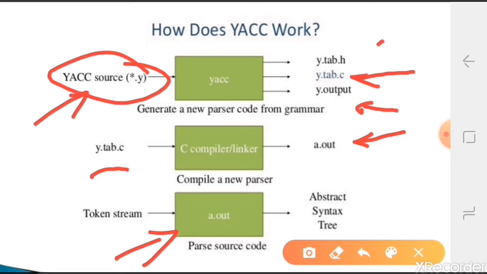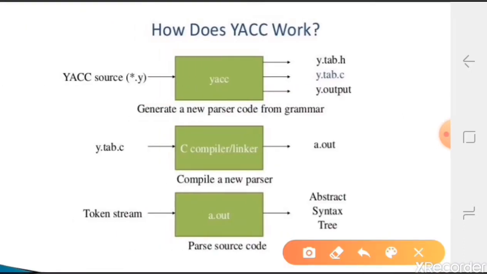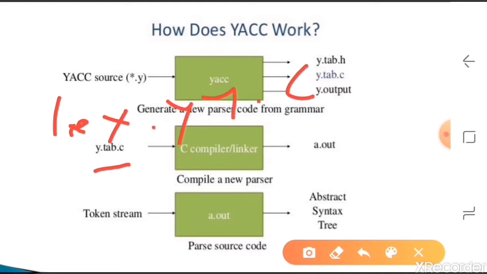So if only one yacc program is there, we can do it this way. If we have lex and yacc together, then we have to combine them. Along with this C file, we have to combine one more C file, that is the lex program's generated C file. What is the file name? It is lex.yy.c. So that file and this file both together we have to compile and we'll get the output.